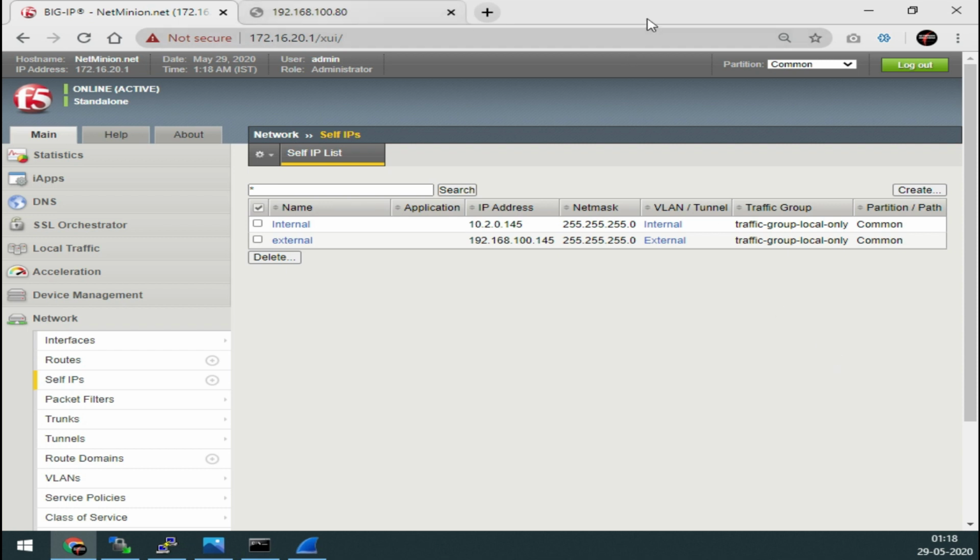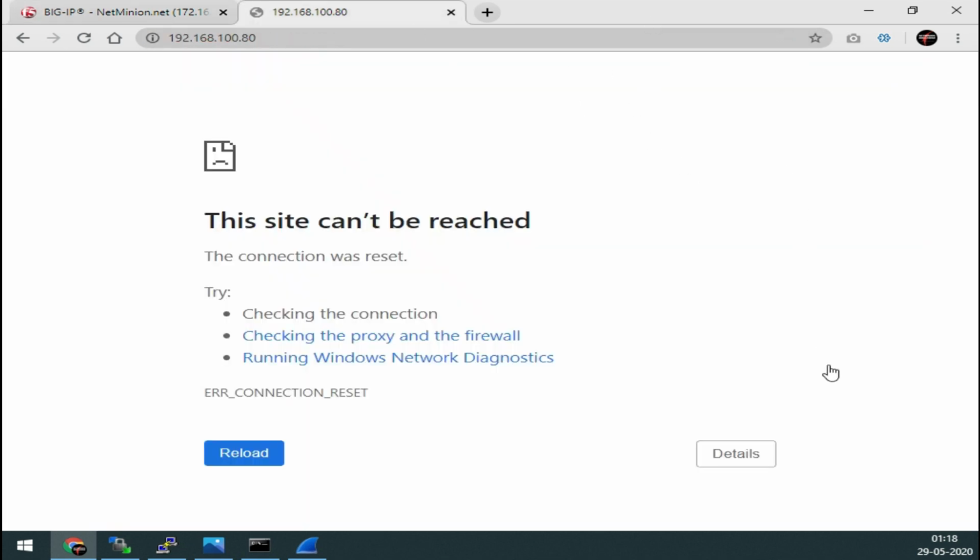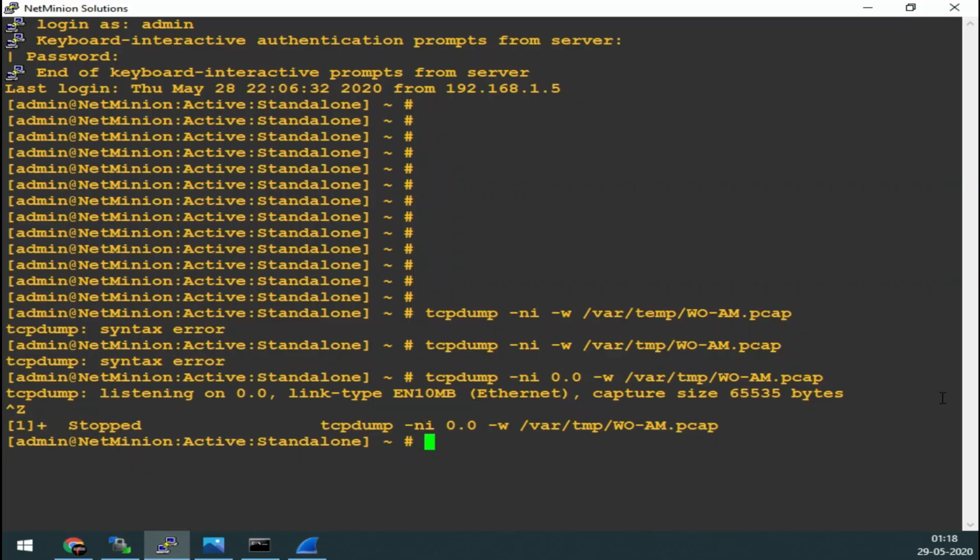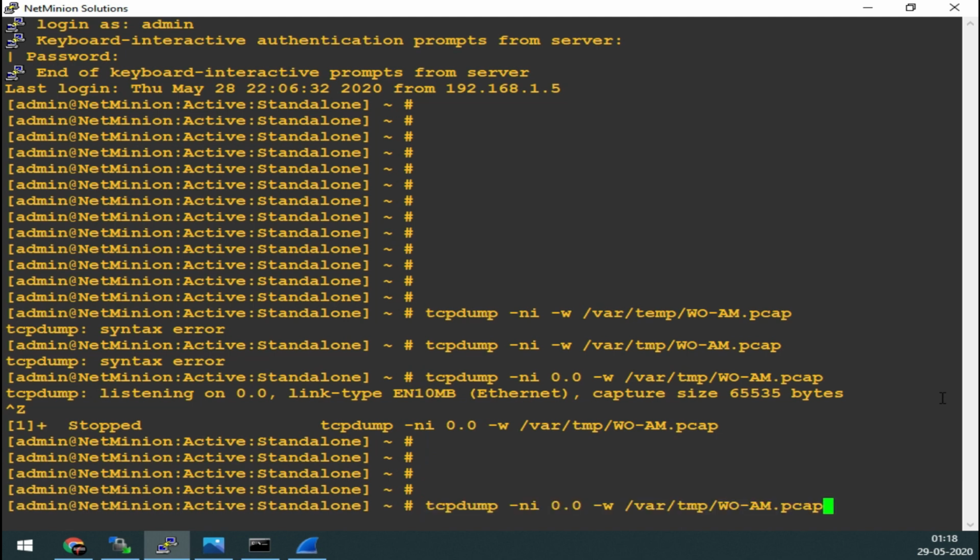So this time if I press Ctrl F5 again, this should be able to open, but I need to capture this packet again.